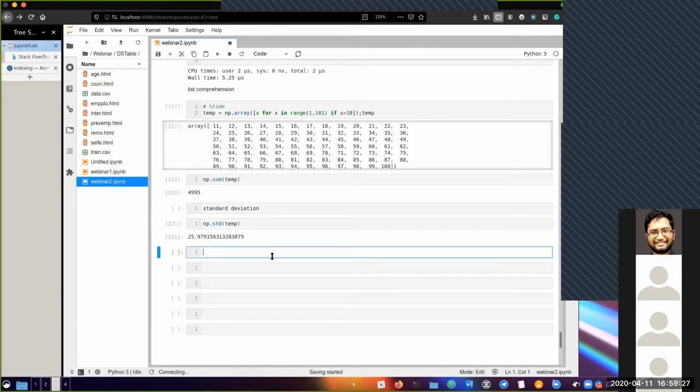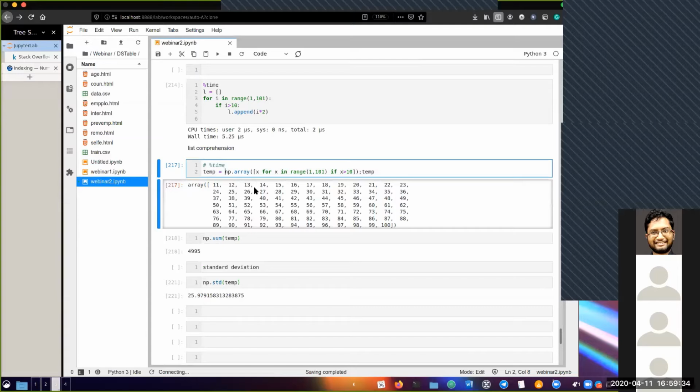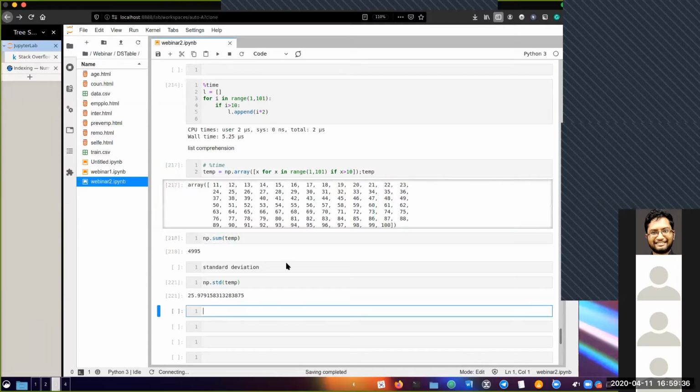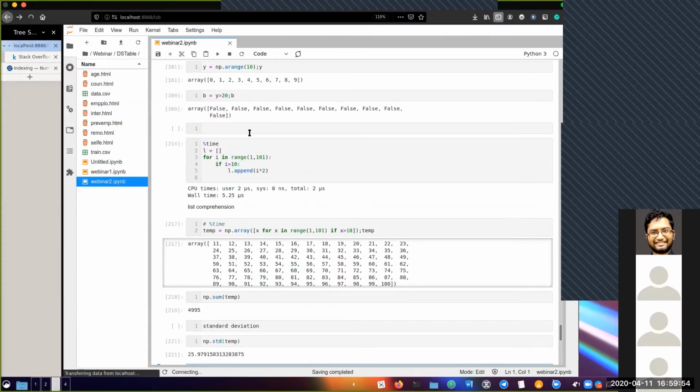Another thing which is really easy and cool about NumPy is, let me show you. So suppose we have this as temp. So I will keep these things. But if we take the same array, temp, and now what I want to do is add something to every element in this. So I want 11 to be 12, 12 to be 13, say, just as an example. How would you normally do it? You would probably put a for loop. But again, as we have managed to, oh, I managed to quit my notebook. Give it a sec while it loads.